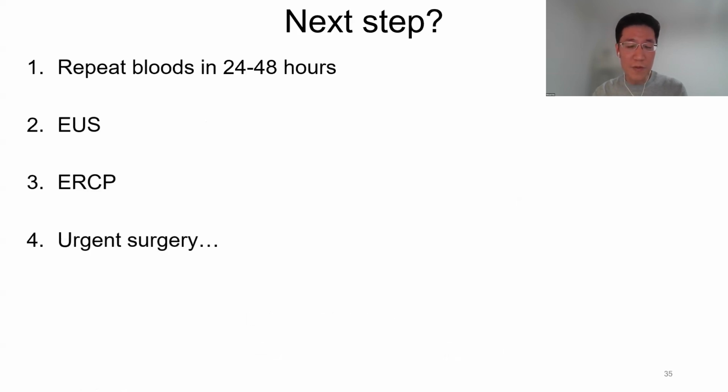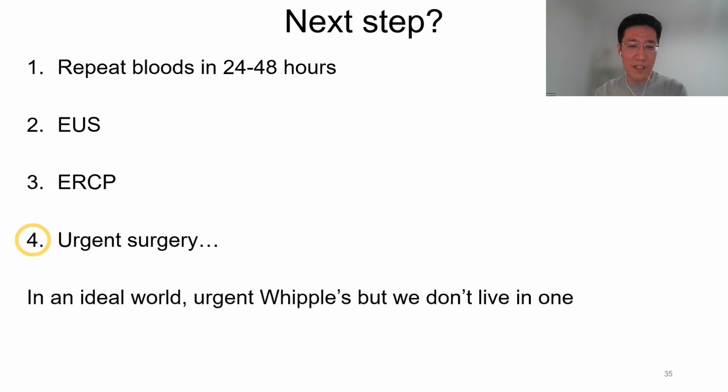And if you do find this on scan, what do we do? In an ideal world, it's actually going to urgent surgery. So the recommendation around the world is that if you can get a Whipple's within 1 or 2 weeks, that'd be an ideal world, but we don't actually live in one. So I'm going to go through that as a background case, and that's because the most important thing is to rule out